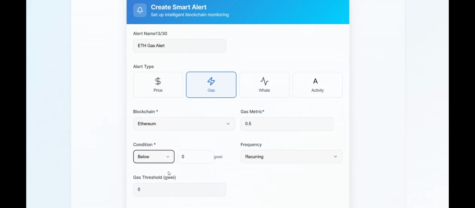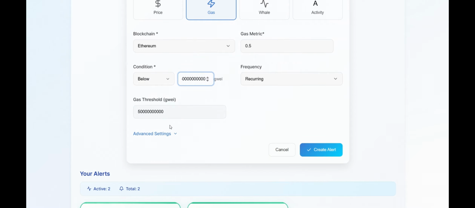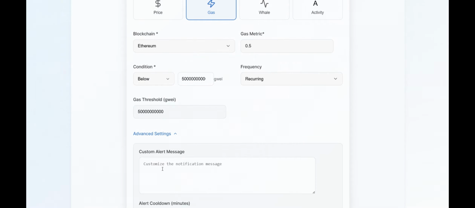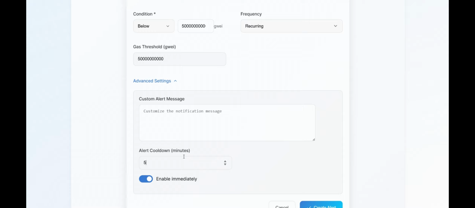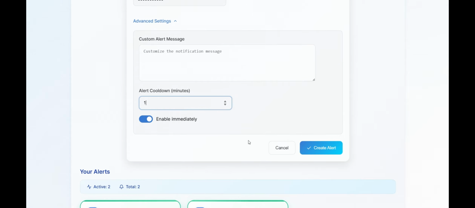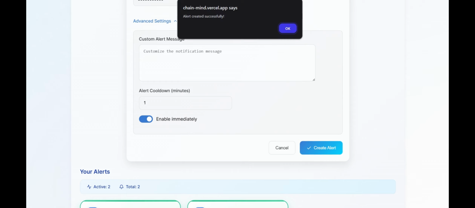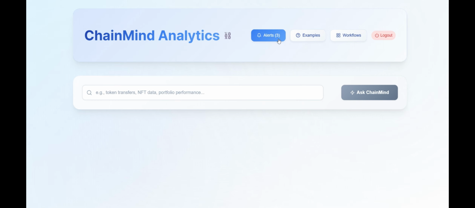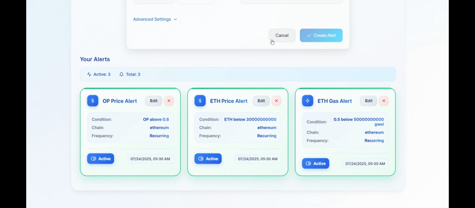Let's see, it will definitely be below this much Gwei. So recurring, and I won't keep a custom alert message here, and the alert cooldown will be 1. Create. Alert created successfully, and it's done.